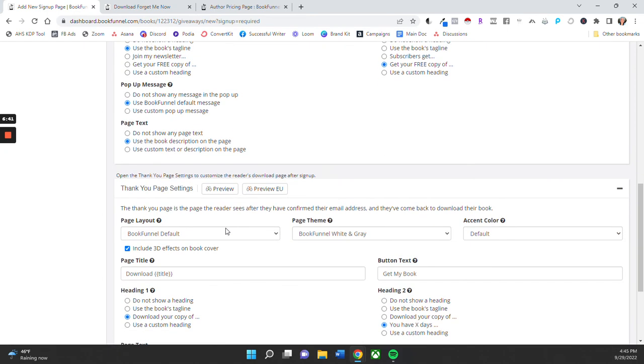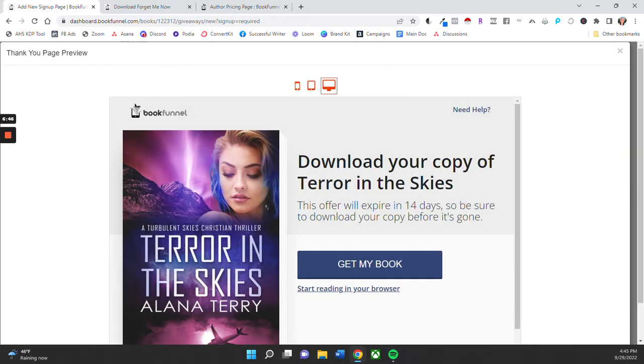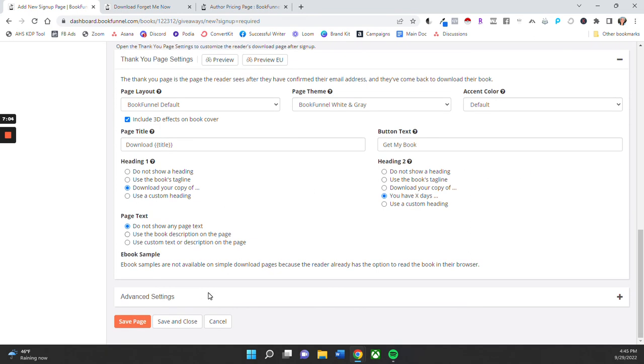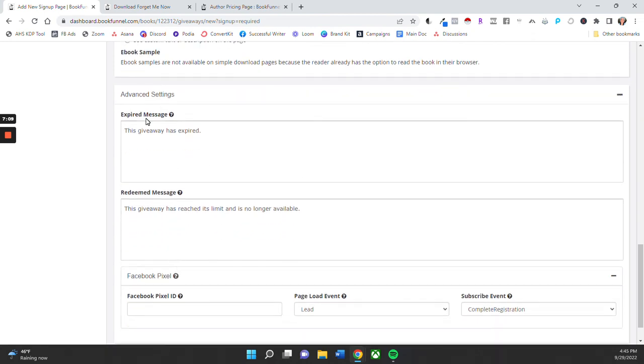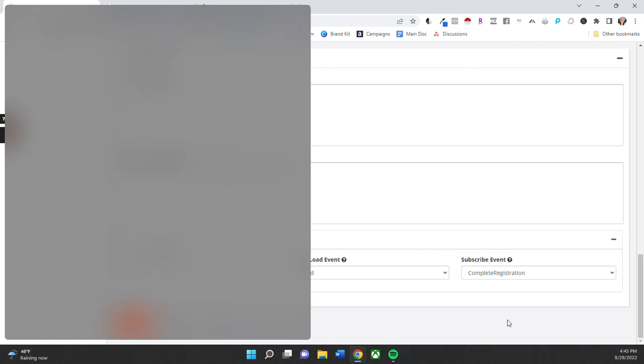You can adjust your thank you page, or like I said, you can just go with their defaults where it will say download your copy, get your book, and then they will be able to collect that. You can change the heading. You could use the book's tagline instead. There are different options here. And then under advanced settings, there are things that you can do if it's a deal that expires or something like that. But in general, this is going to be good enough for us, so we can save that page